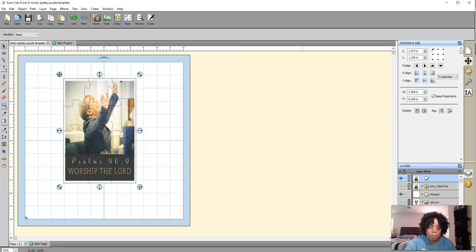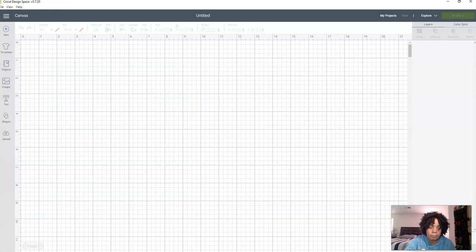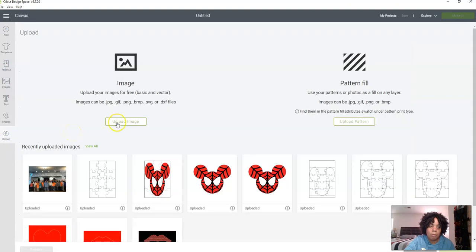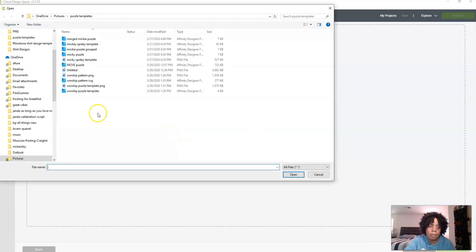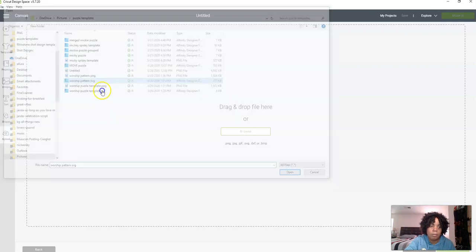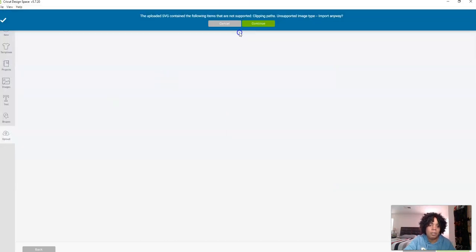So now we're going to go over to Cricut Design Space. Okay, and so I'm going to show you the different ways of uploading and what happens when you upload each one. So first I'm going to go upload, that's something I did earlier. So the first thing I'm going to do is upload the one with the pattern SVG. As you can see, it says at the top, the uploaded SVG contains the following items that are not supported in the clipping paths. Unsupported, import anyway. So if you click continue,